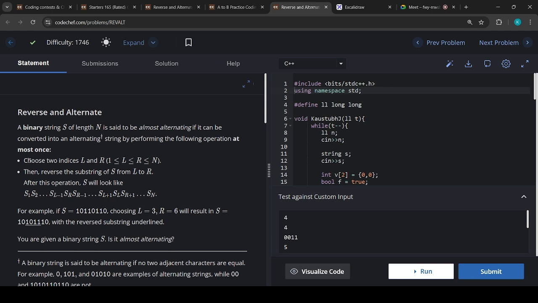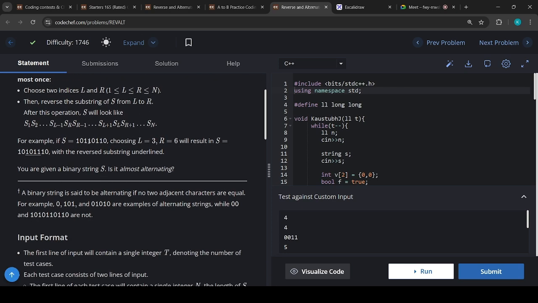We can choose two indices L to R and reverse that substring of the string S from L to R. After that operation, we can see the example, like they are given the string 10110110, and